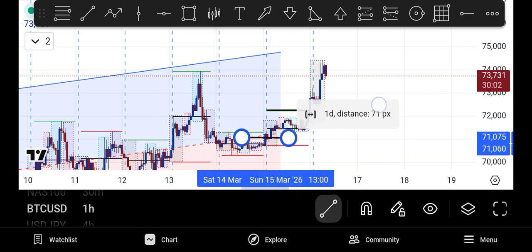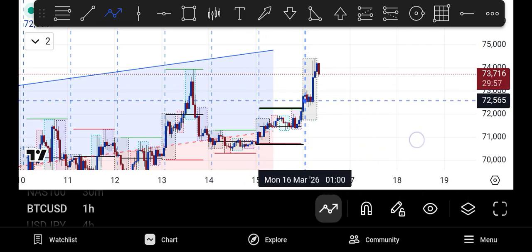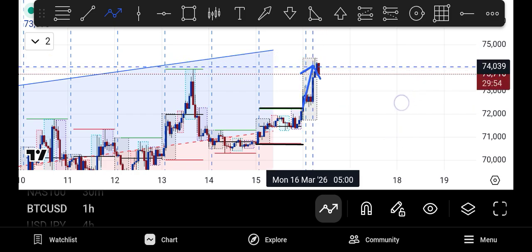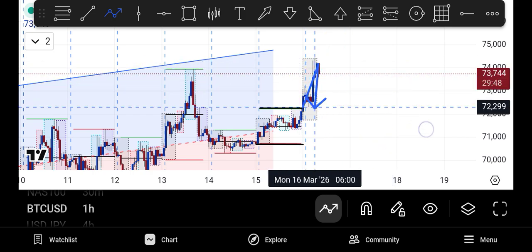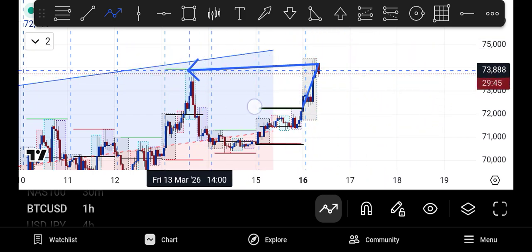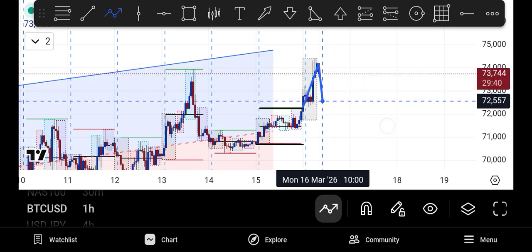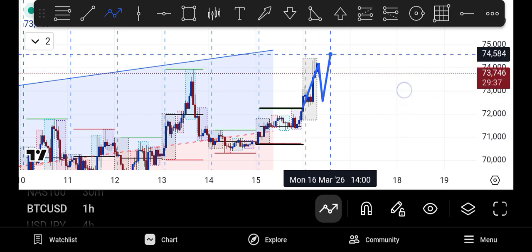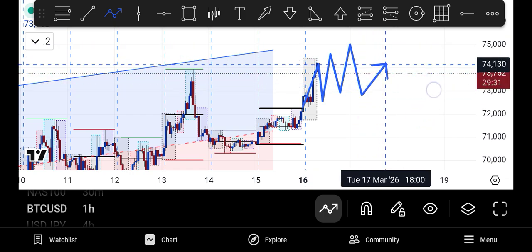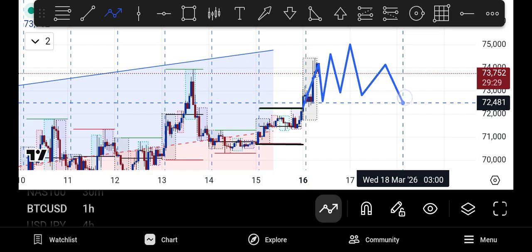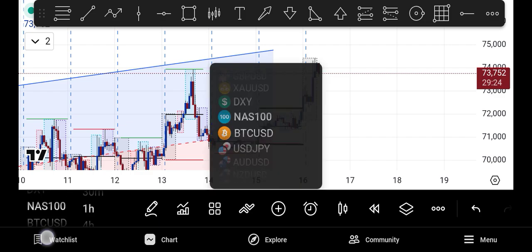You can see how price has shot out, going upwards from this daily, and is now currently trading over here around 74,000. Because we also broke out of this area over here, I don't have a plan. What essentially I'm looking for is for price to perhaps start consolidating in this area, and then maybe it will start giving us sells, but it will be a short-term sell for me because Bitcoin is bullish. I'm looking for buys. Moving on to Nasdaq,